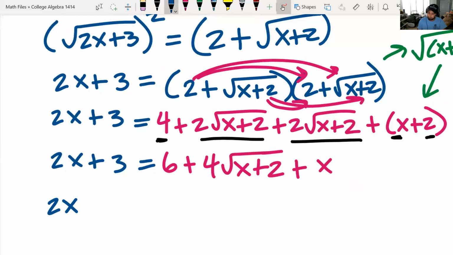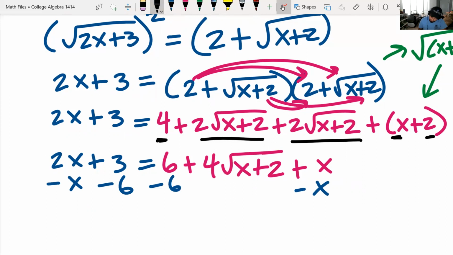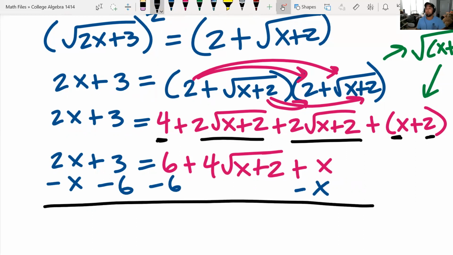I'll just subtract them. I'll say minus x, minus x, minus 6, minus 6. There you go. Take it back to 0, right? These x's cancel, those 6's cancel, and what we are left with